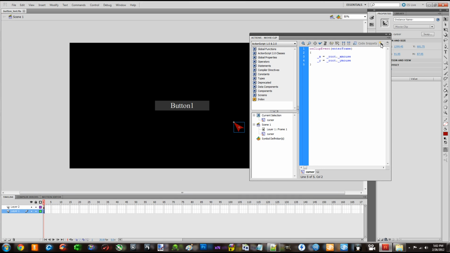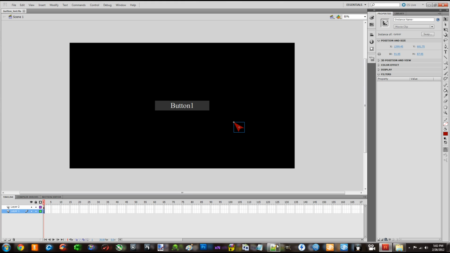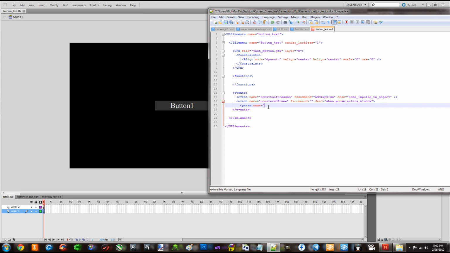That's our parameter because it's inside this here and here of the function. Enter frame needs to be exactly that, that's our parameter. So enter, capital F, enter frame, and DESC for a description equals